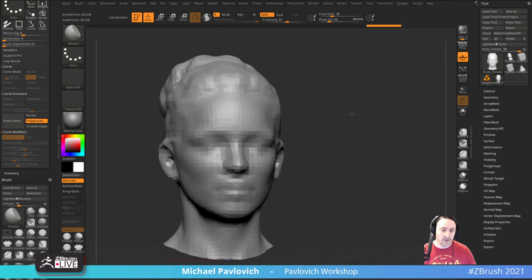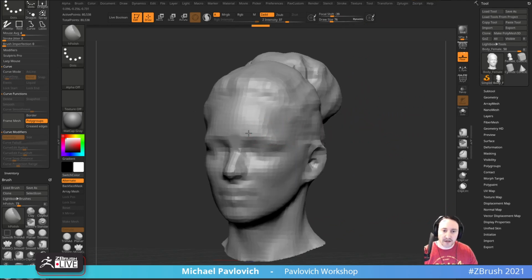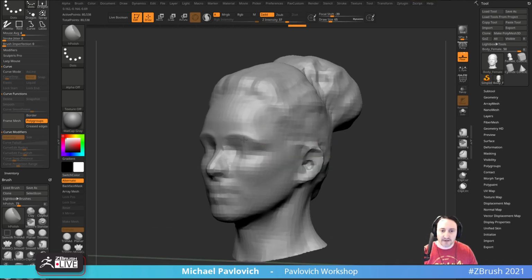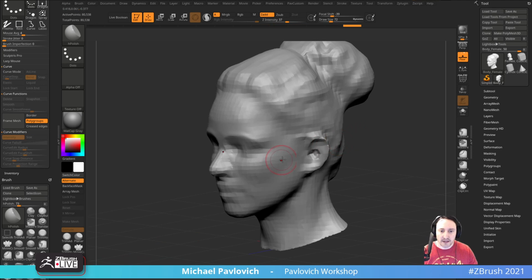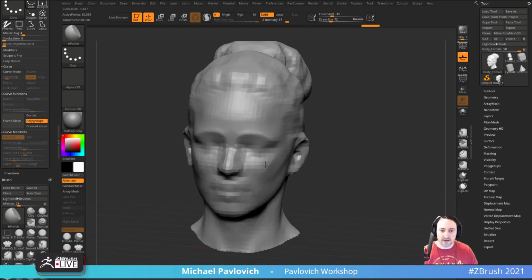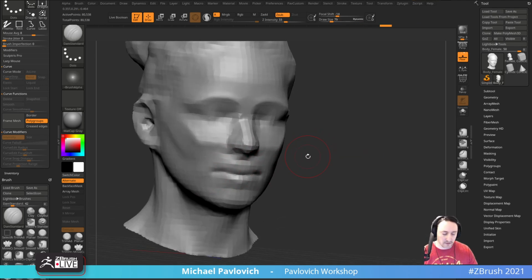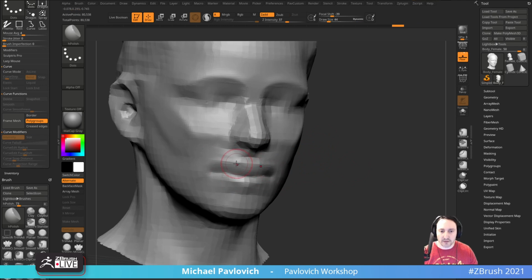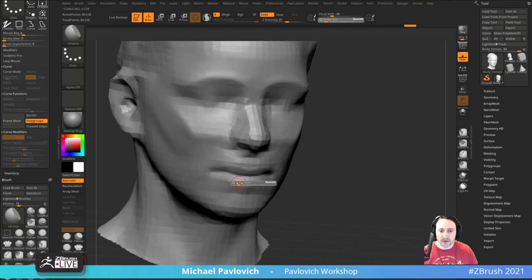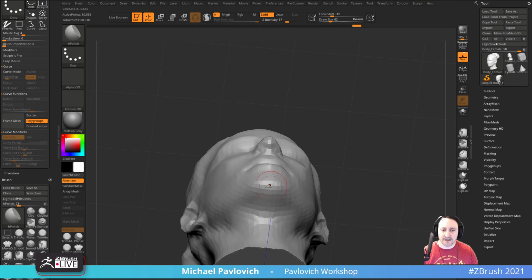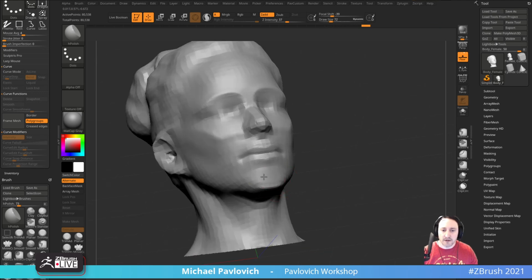So if you want to go through and take a pre-existing head that you already have and simplify it into the different planes of the face, it's basically just going through here. I mean, I kind of lost quite a bit of resolution, but we can get it back. Going through with your H-polish brush, your trim dynamic brush, hold down Alt, let go of Alt, and go through here and basically simplify it into